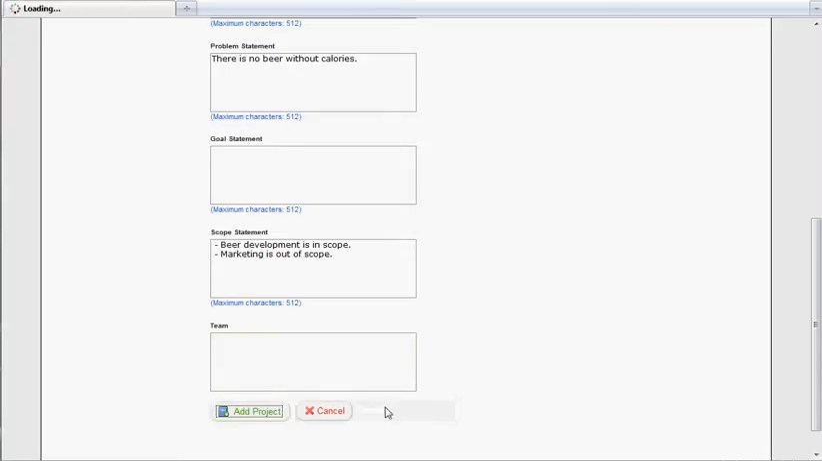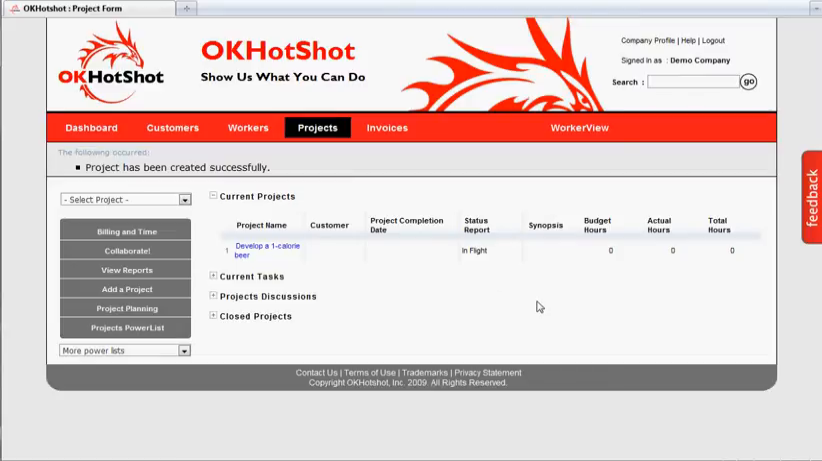I click on the Add Project button, and there it is. It shows up in my project list. It'll also show up in my dashboard. If it's associated with a customer, it'll show up on my default screen for that customer. I don't have any tasks yet or discussions or anything else, but I do have a shell that we can add on now. I'm going to create another project